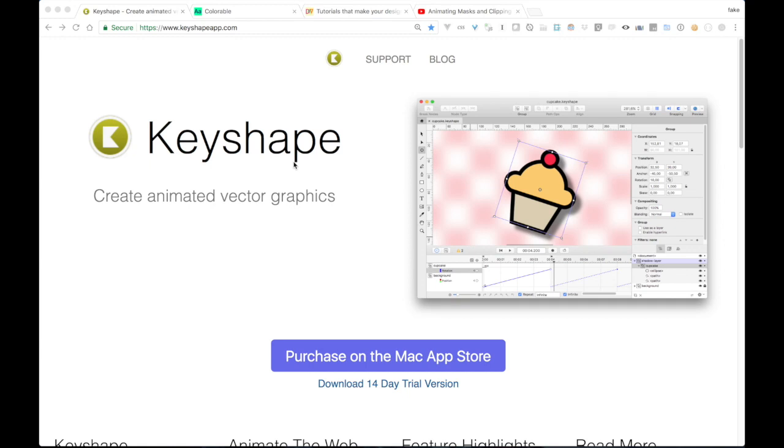Hello there. This is a short story about Keyshape and how I learned about it in the last 24 hours. It's a pretty cool animation vector graphics app, and it's pretty brand spanking new.